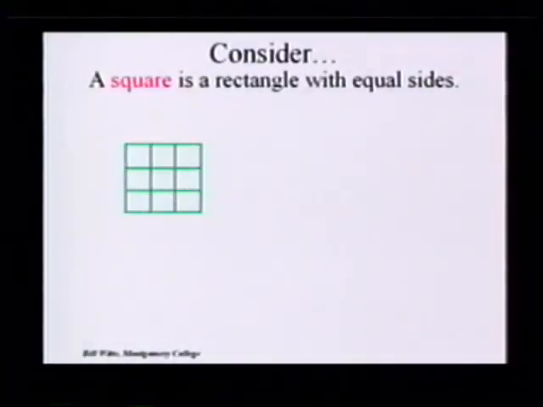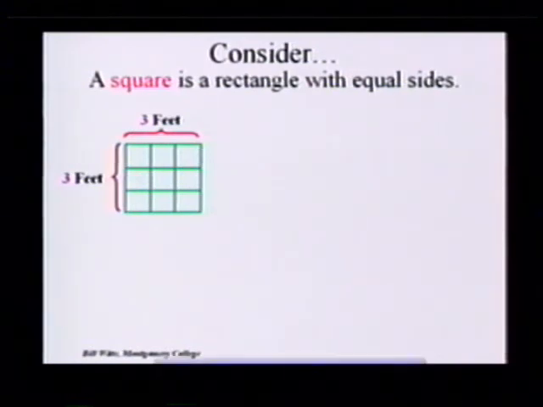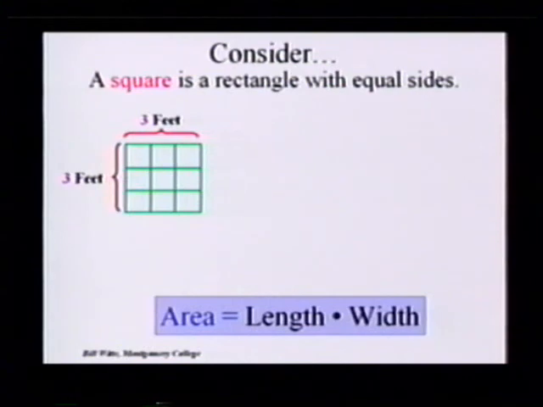Well, remember that a square is really a rectangle where the sides are the same. In this case, you knew the sides were the same, so I didn't have to write 3 twice. Okay, and remember that area is how many squares are inside something. So we could calculate this by going length times width. But since it's a square,